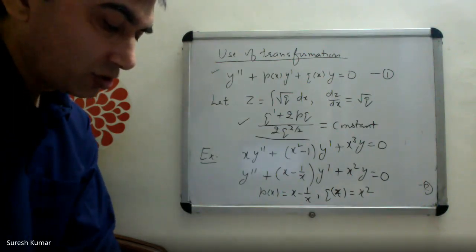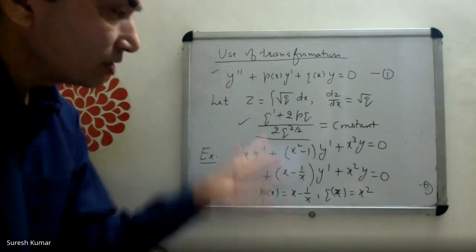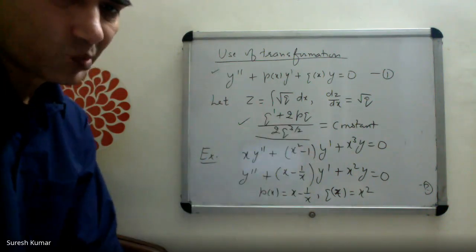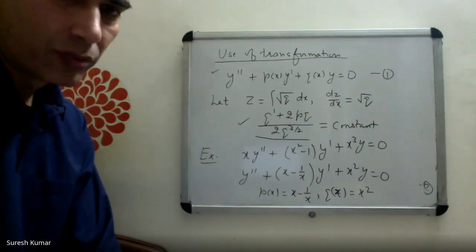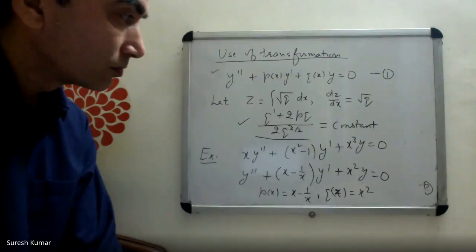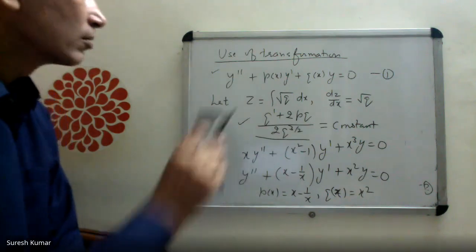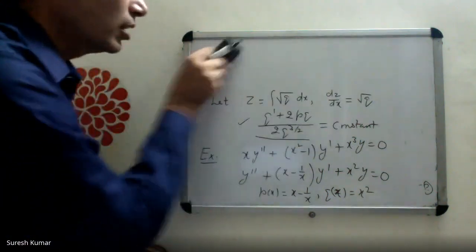We have noted your P and Q for the given differential equation. Find this expression. Is it 1 by 2, or is it 1? I think it's 1. Yes, it's 1. Okay, if it is 1,